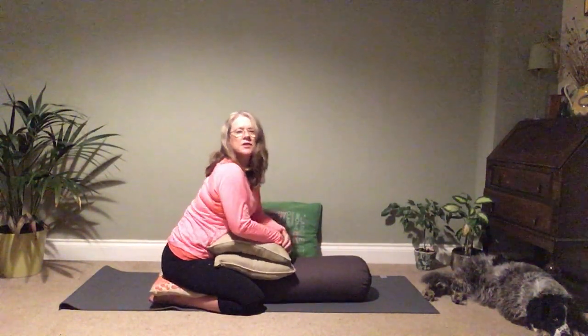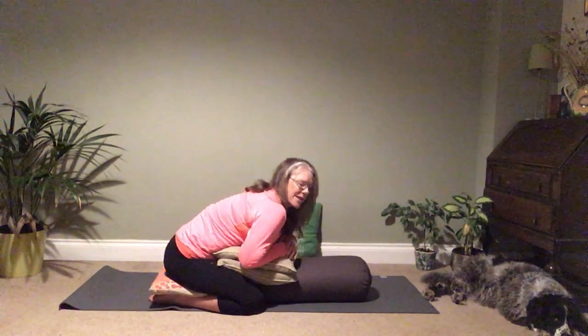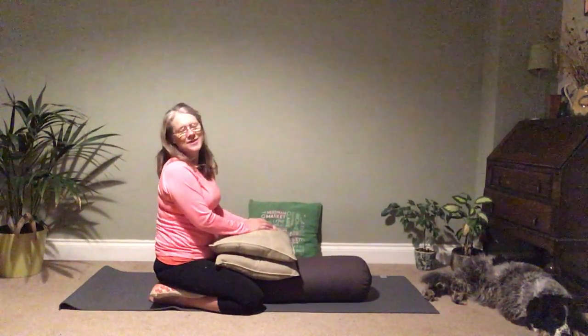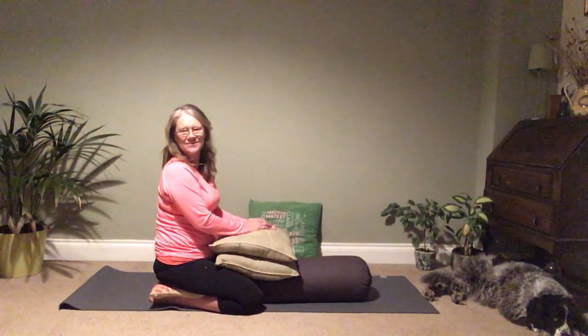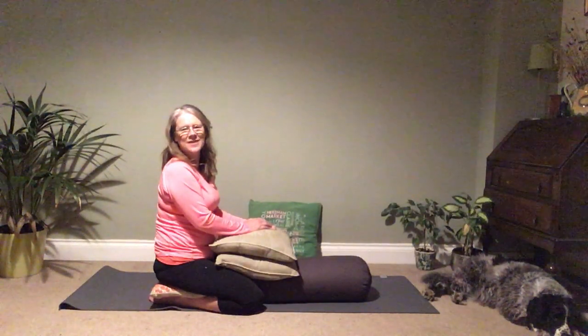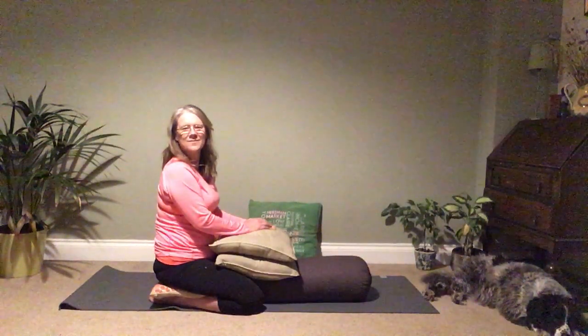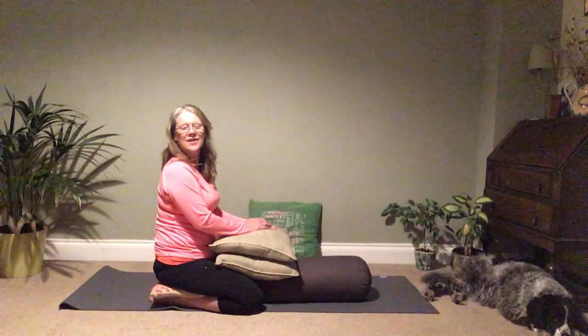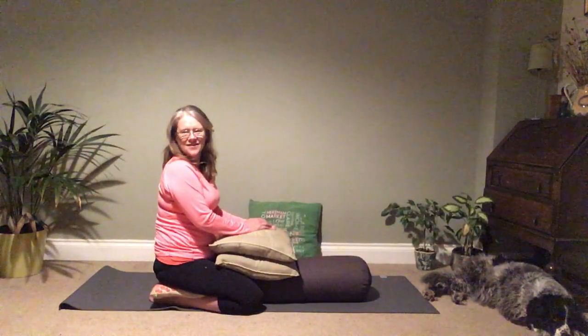And just enjoy the lovely feeling when we have the restorative child's pose and we're snuggled up there. When you breathe into the belly, that little pressing on the belly there is a great comfort signal to the body, telling you you're safe and you're loved and you're supported. You may wish to affirm to yourself, I am safe, I am supported, I am loved. So stay there as long as you like. If you're uncomfortable,